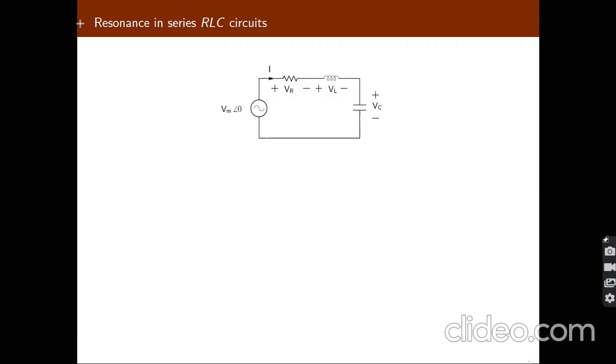Now we are discussing the resonance in a series RLC circuit. So this is an AC voltage with RLC elements. The definition is: at resonance the inductive reactance is equal to the capacitive reactance, and hence the voltages across the inductor and capacitor cancel each other. The total impedance of the circuit is resistance, so the phase angle between the voltage and current is 0. So at this point we are going to have the resonance.